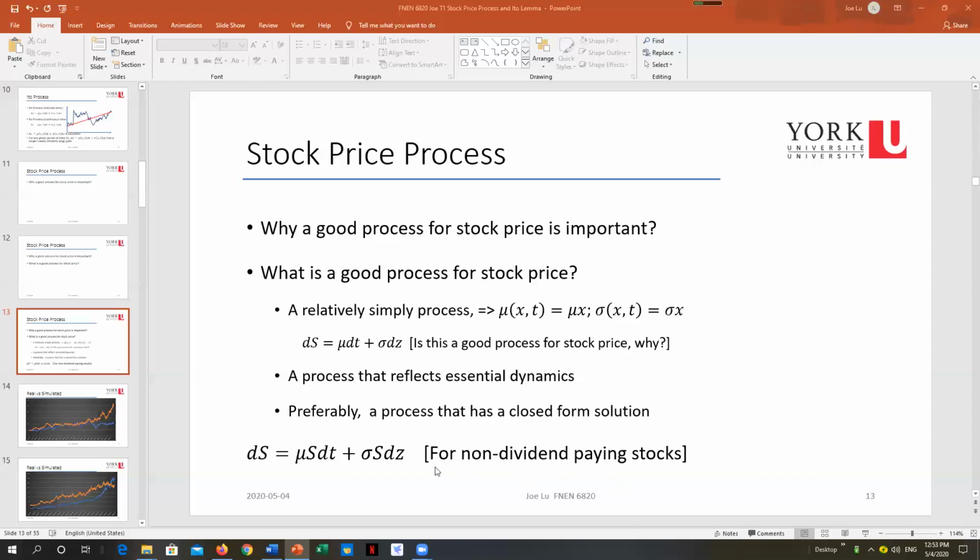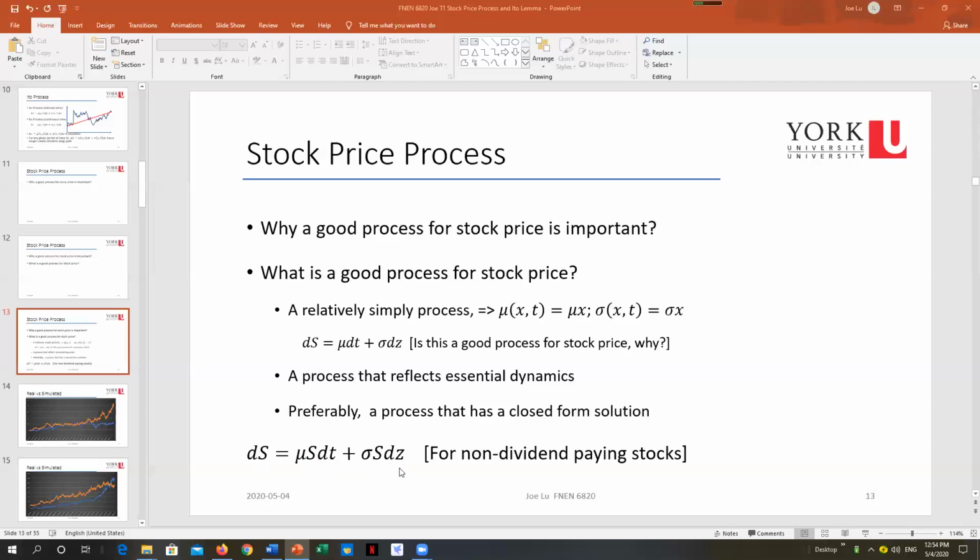Instead, if you use a process like this, dS equals mu S dt plus sigma S dz, then you will see that after you integrate this and look at the distribution, the distribution would not have any area in the negative territory. So in this case, if you model the stock price this way, with this process, the stock price will never